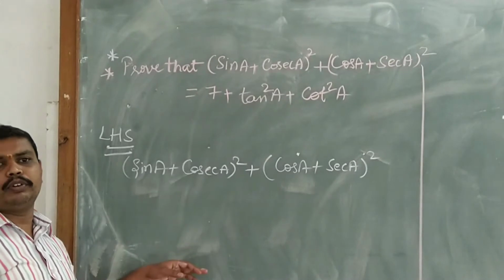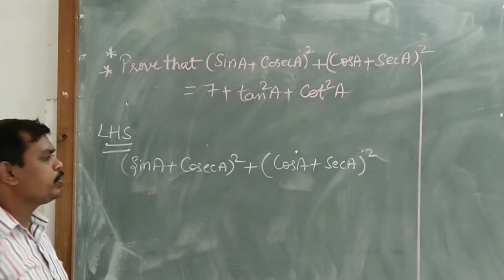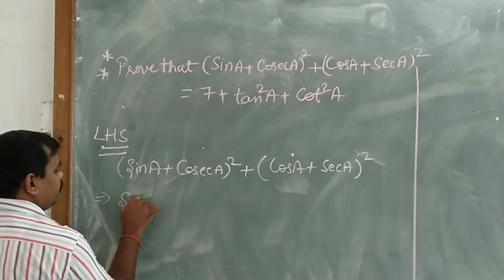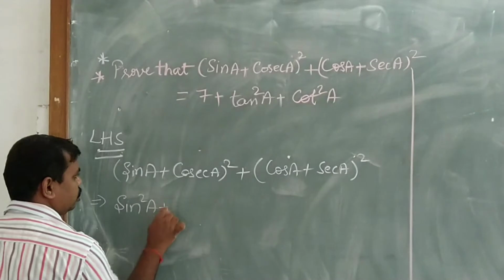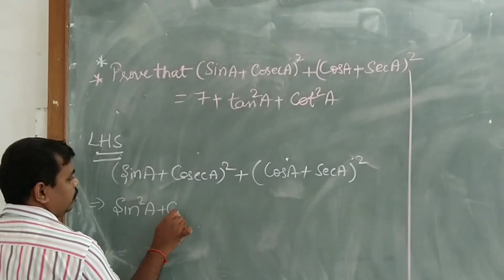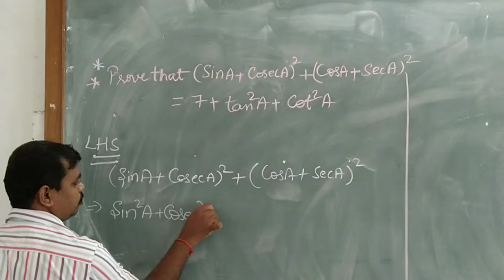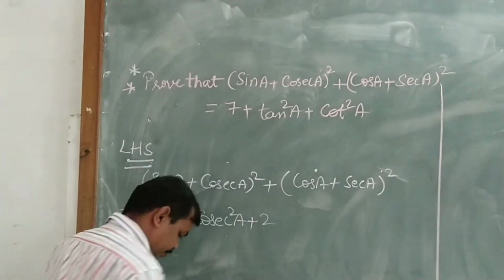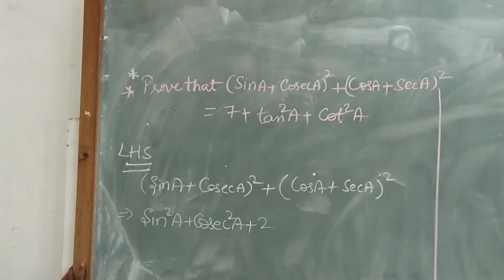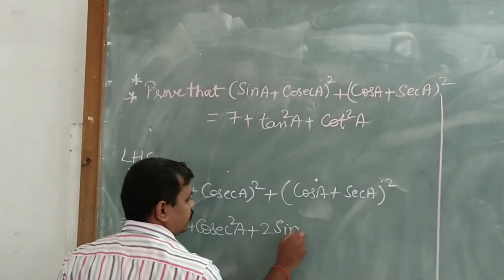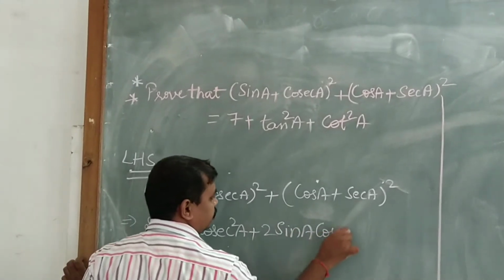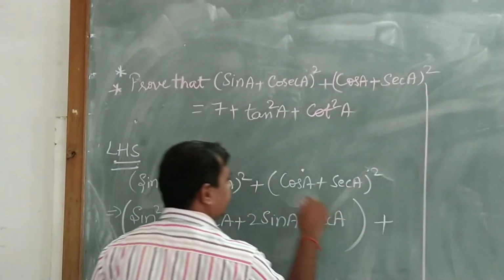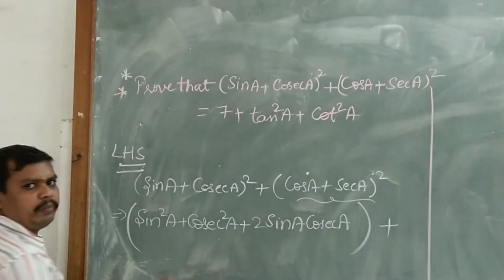We know that (A plus B) whole square is equal to A square plus B square plus 2AB. So let us expand in that form. So that is sin square A plus cosecant square A plus 2 sin A cosecant A. This is the first bracket. Plus, let us go with this expansion, that is (cos A plus secant A)